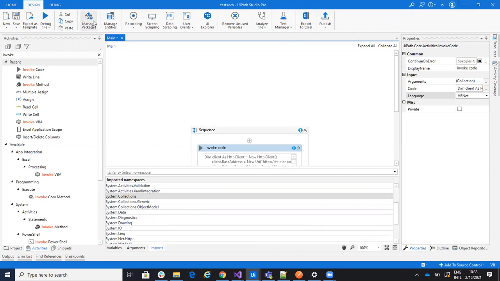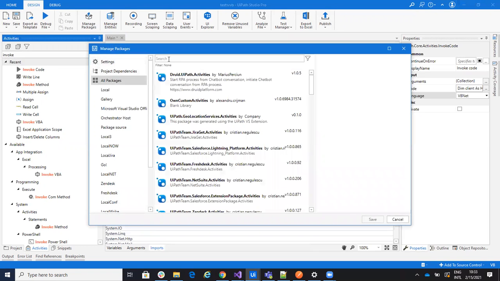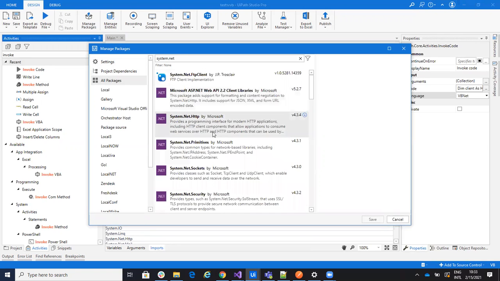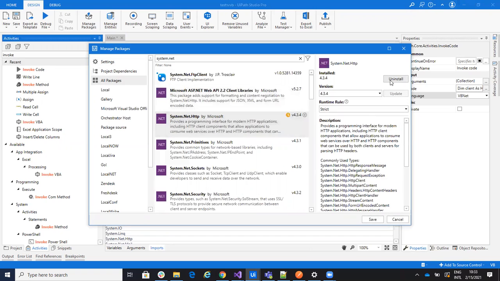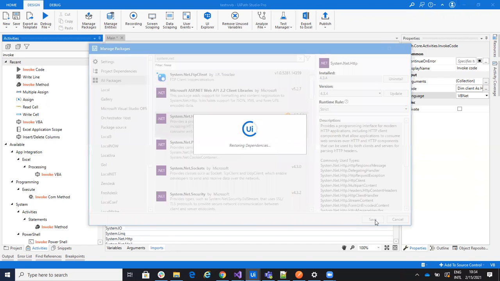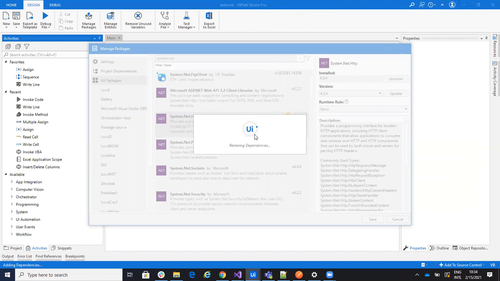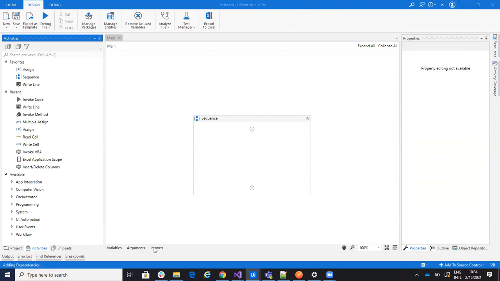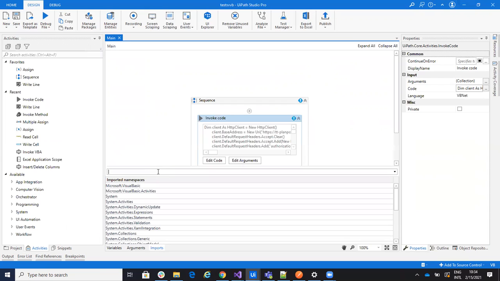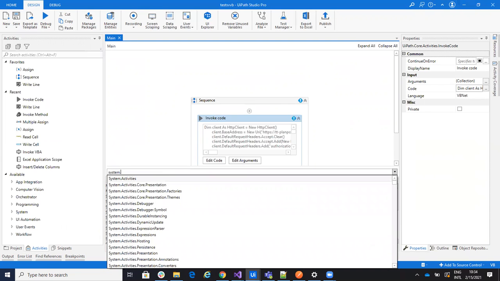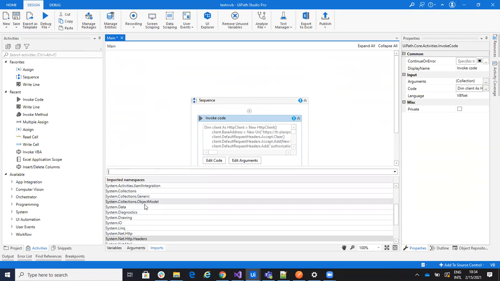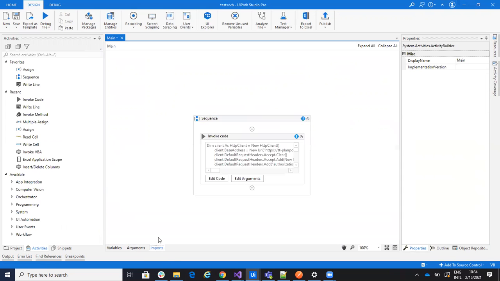To be able to add the HTTP headers, you will go here to Manage Packages. You will go to All Packages. You will write System.Net, and you will select this one, System.Net by Microsoft. You install it, and I hit save. In this way you will be able to have System.Net.Http.Headers on your package. So let's see how the studio will put this library, and then we will add the import. Still I have the error. I will say System.Net.Http.Headers. You see it? Done. The error is still there, but this is just a refresh from Studio.